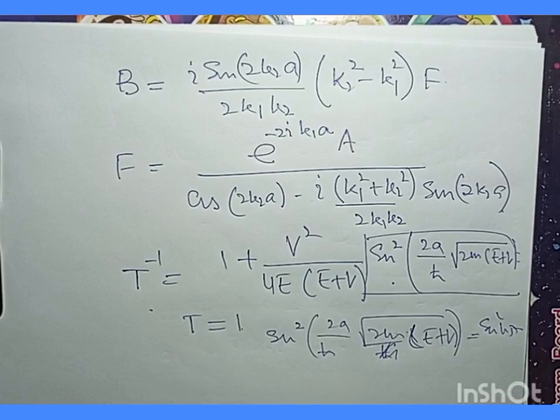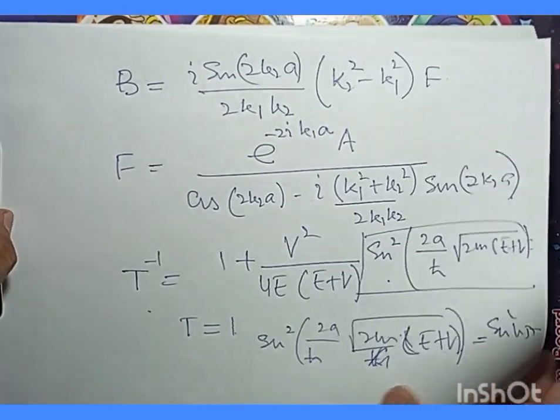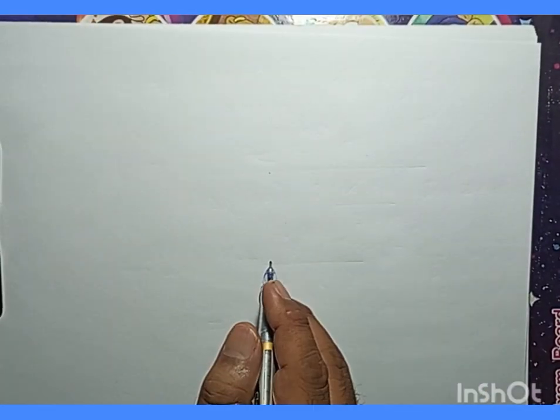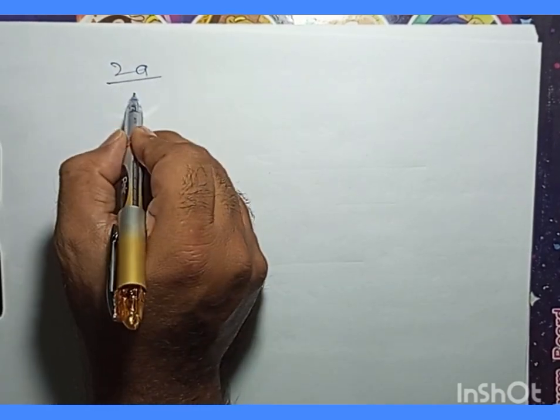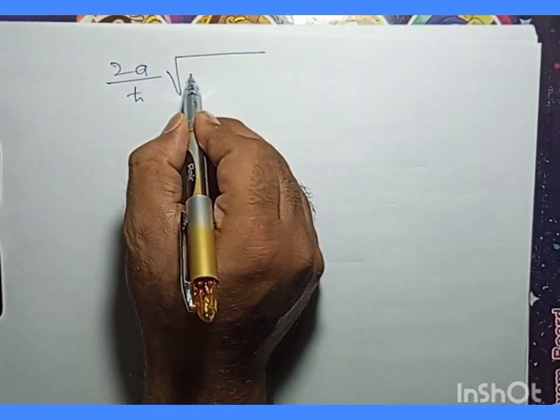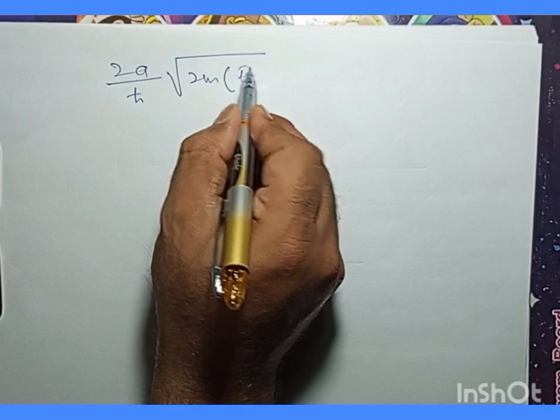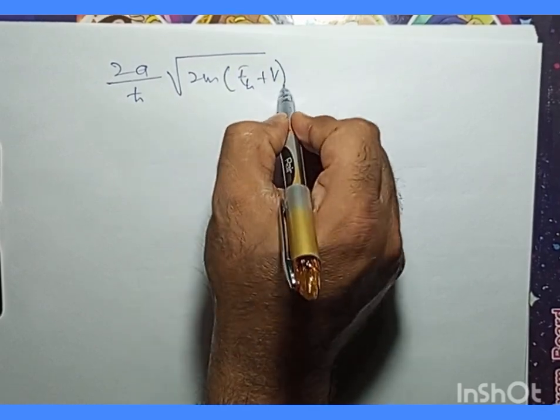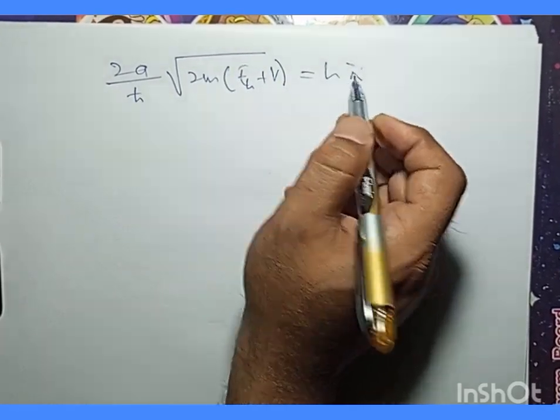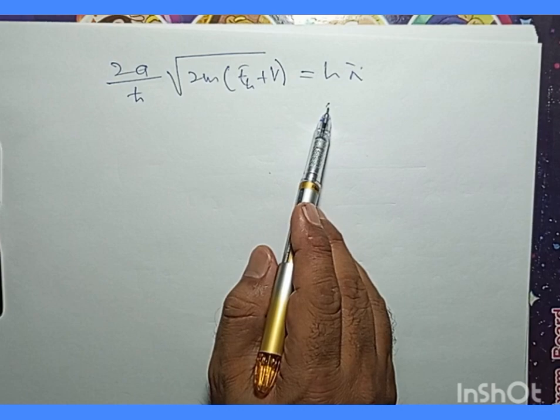So what we can obtain from this is that 2a by h cross under root of 2m times (E_n plus V) is equal to n pi, where this n is any integer,